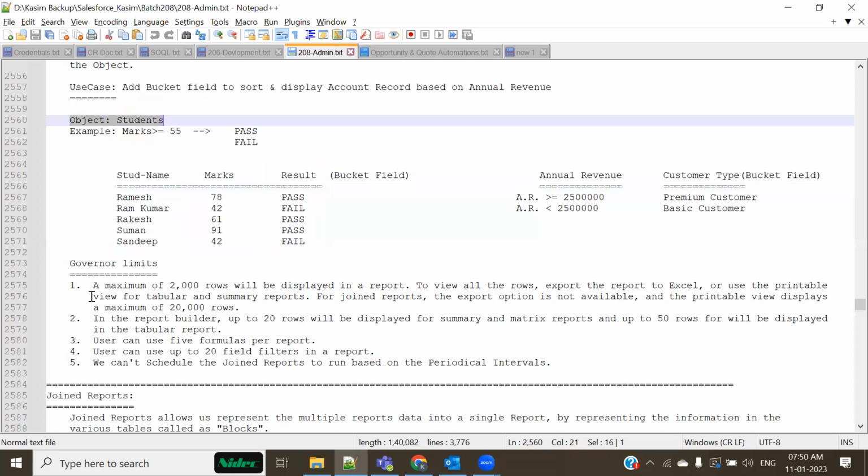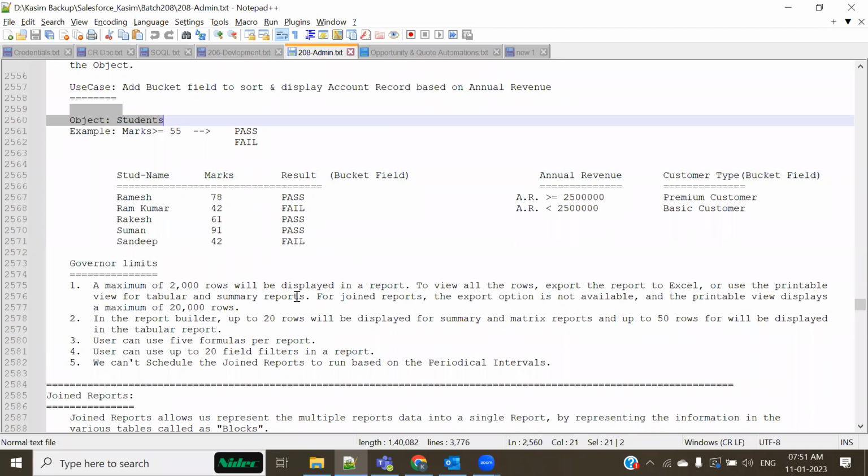All right. There's one another way. See, if this field is required everywhere, then you'll have to create a new field inside the object. If it is going to be required everywhere, you have to create it inside the object. There's no second way to do that in that case.